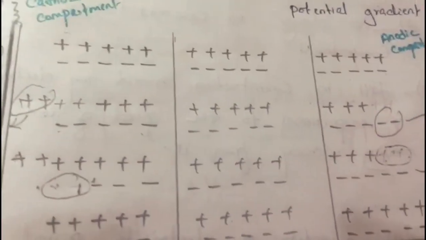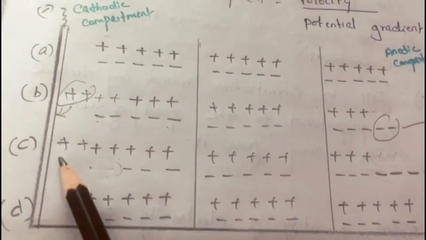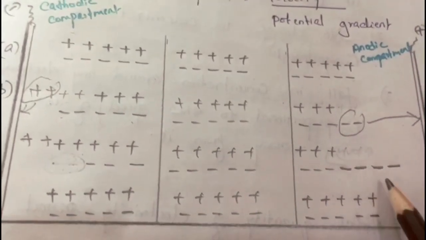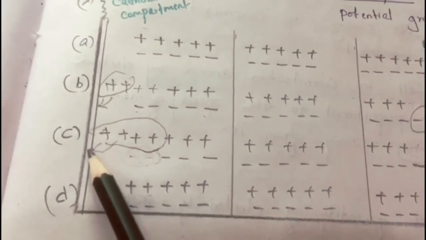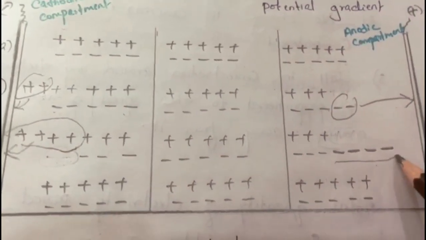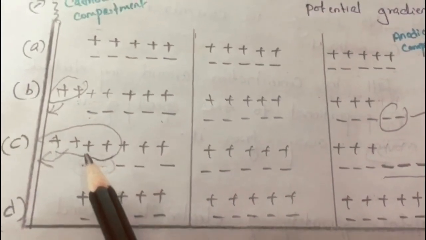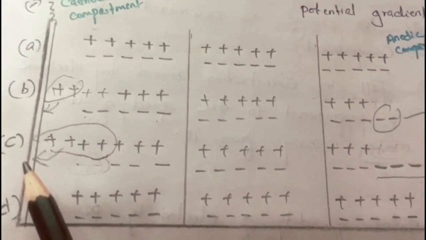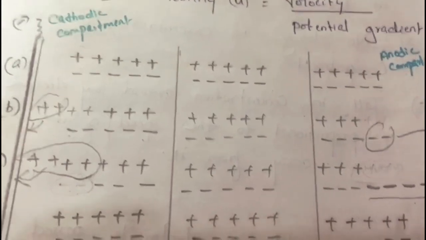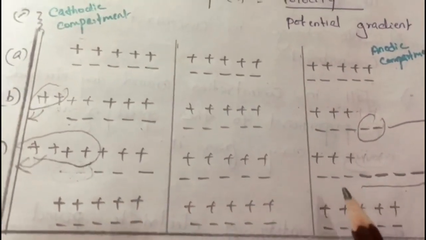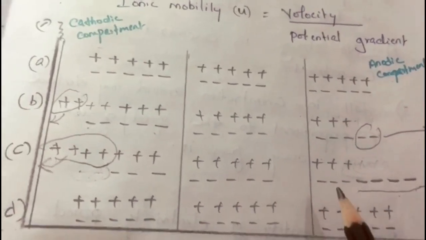So what happened here? Here a total of 4 unpaired ions are there: 4 cations and 4 anions. And these 4 cations will move towards the cathode and these 4 anions will move towards the anode. Only, I repeat, only unpaired ions are discharged at the respective electrodes. So here 4 cations and 4 anions move towards respective electrodes. Here both anions and cations move with the same velocity. Then again the same number of ions are discharged at respective electrodes.